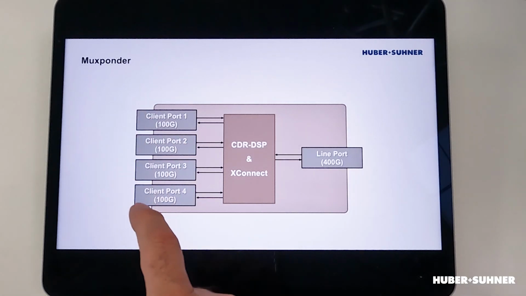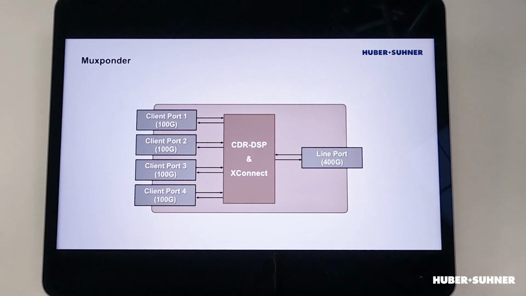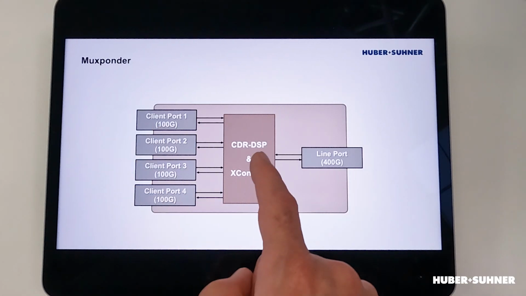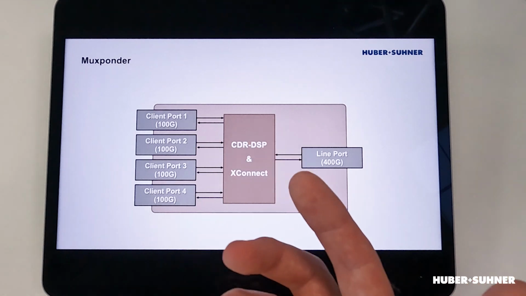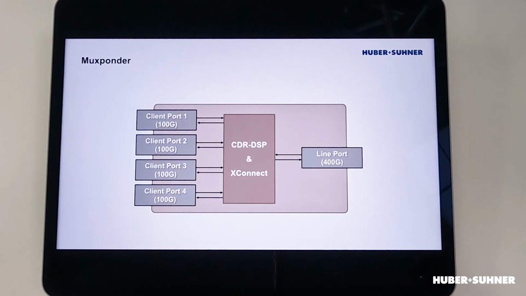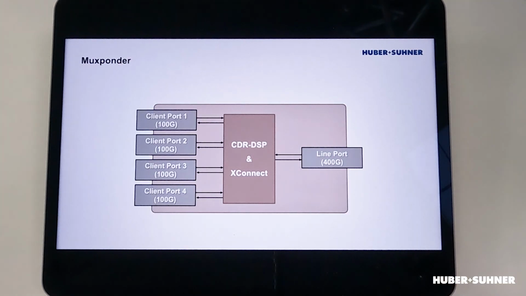Muxponding, just like transponding, takes optical signals, converts them to electrical, does something in the middle with it, and then converts the electrical to optical. And this electrical to optical and vice versa conversion is happening with transceivers. But here's the big difference. With a muxponder, we have multiple lower data rate ports, and then with a cross-connect and digital signal processing, or DSP for short, these individual lower data rates are remapped or combined into a higher data rate